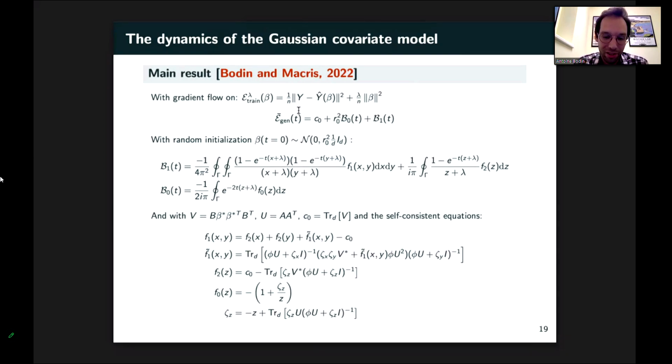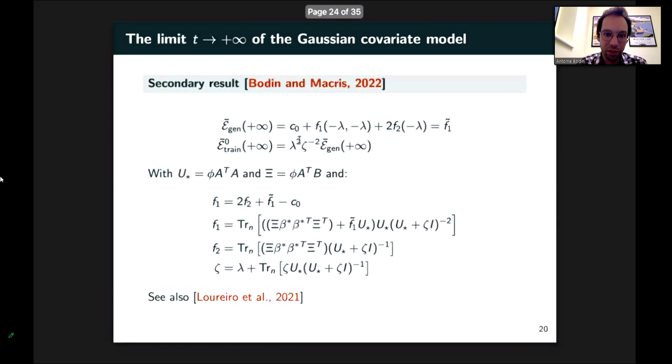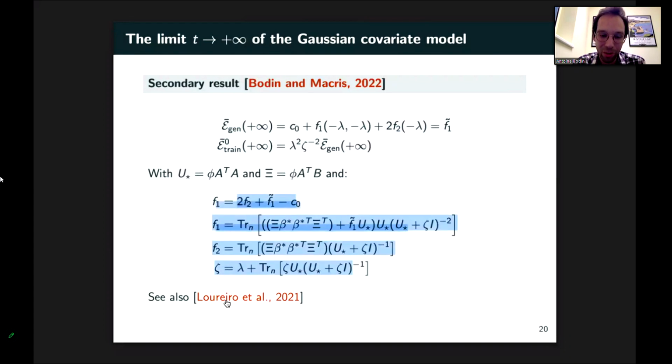One thing that is quite nice is that if you take the limit of this, so it's actually just a gradient flow over some sort of linear model. So if you take the limit of t goes to infinity, then you should get back what's going to be the result of the least square regression estimator. And this is actually given here. And the nice thing about these results, okay, I don't expect you to have an intuition, because it's quite a horrible formula. But the thing is, those formulas actually match the one from Loureiro in 2021, but where they used a completely different path.